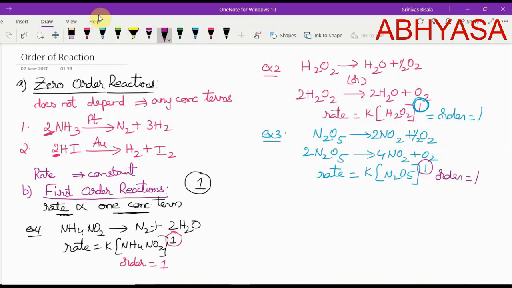In the same way, even radioactivity, that is also an example of a first order reaction, and you work out several numericals in physics, that is in modern physics, based on this radioactivity.